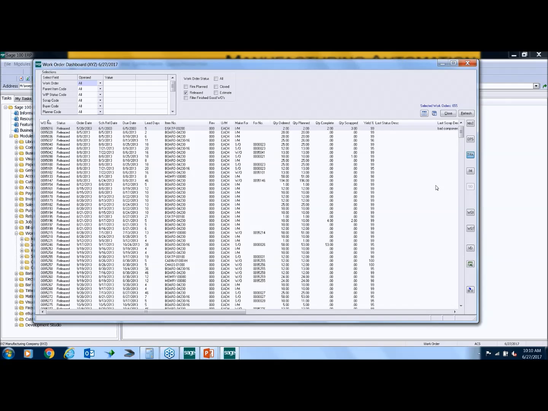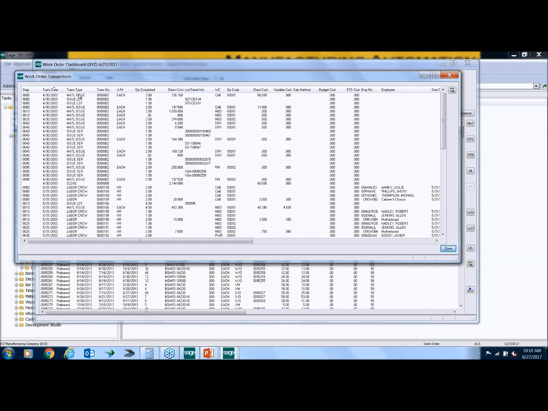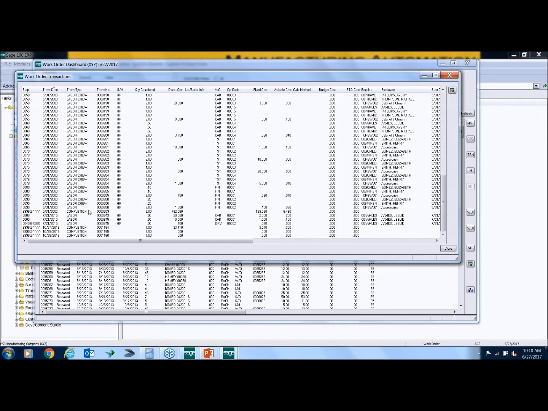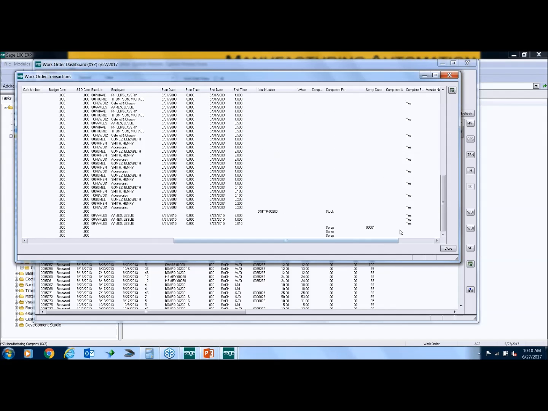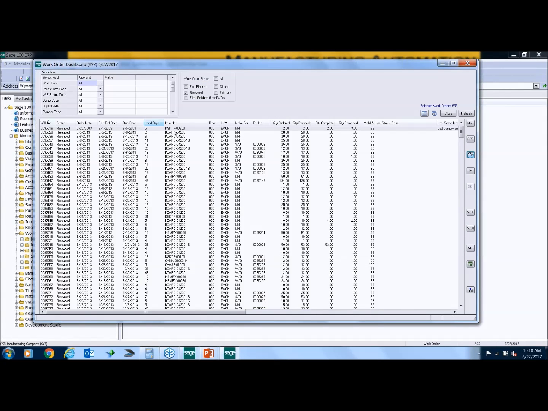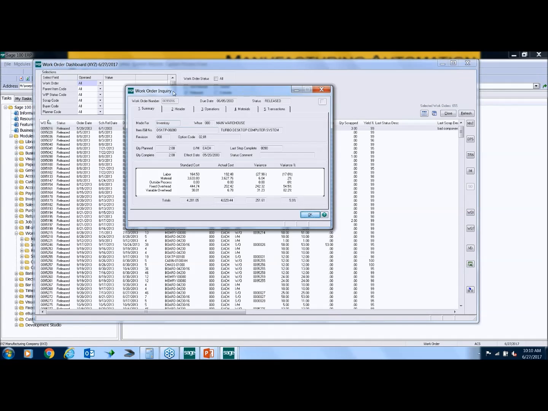Same thing for transactions. Transactions just give you all the detail, whether we have issues, material issues, or labor entries, or completions at the end, whether we had any scrap completions, scrap codes. I'll show some of that for you guys. So there's lots of things that you can get at here,